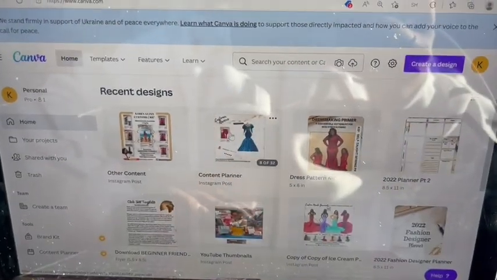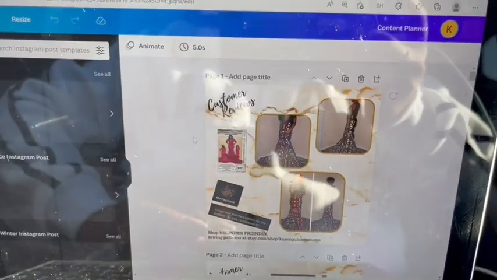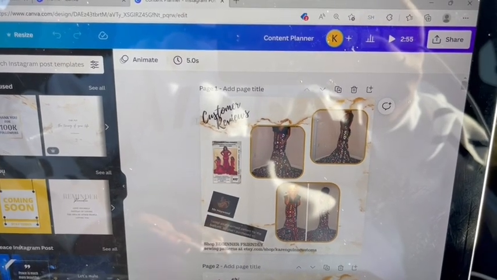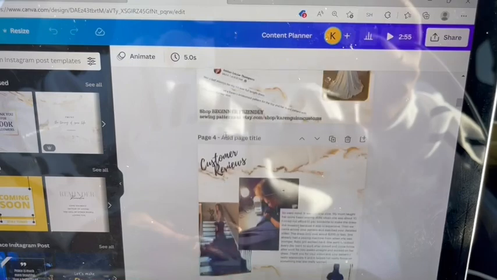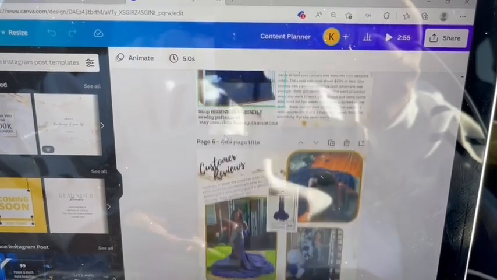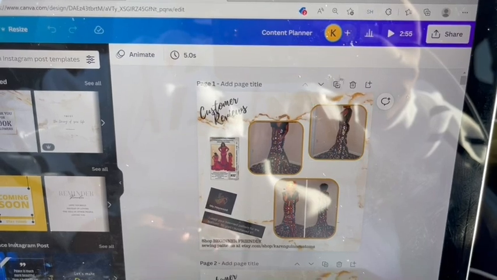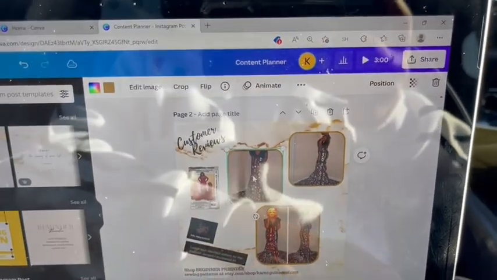Stay tuned. So one thing I do to create content is I have a Canva account, and I have a little file within Canva that's just for my customer reviews. So if you scroll, these are like different reviews from customers that I've posted on my Instagram page. So I just use the same template, and I'll go in and I will copy it, and then I will